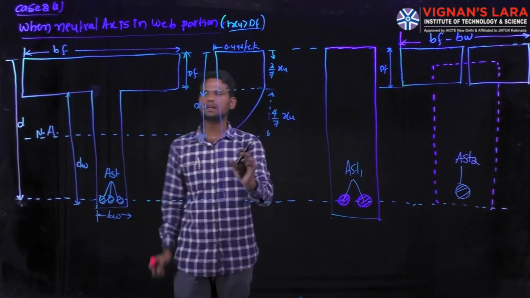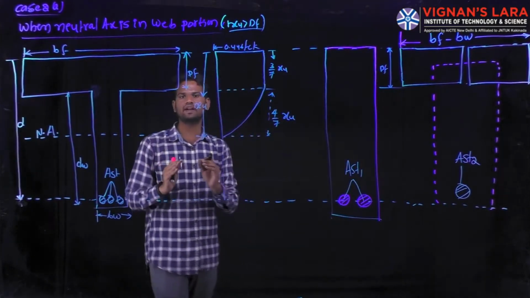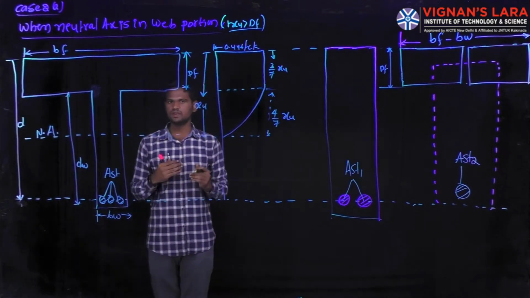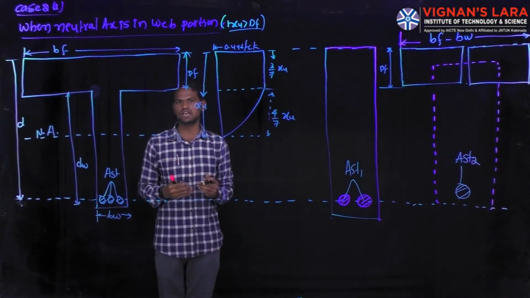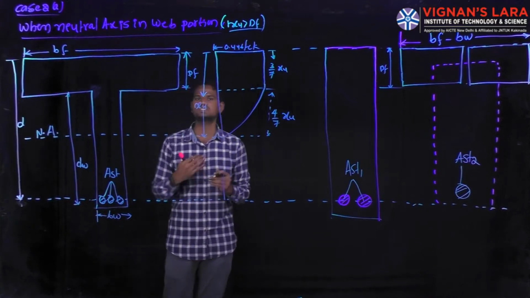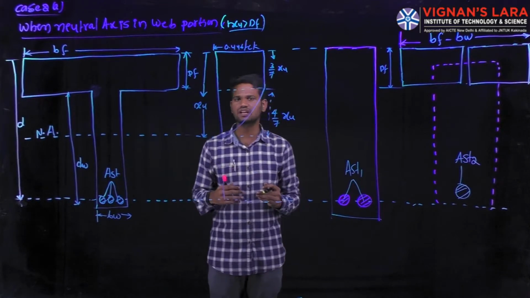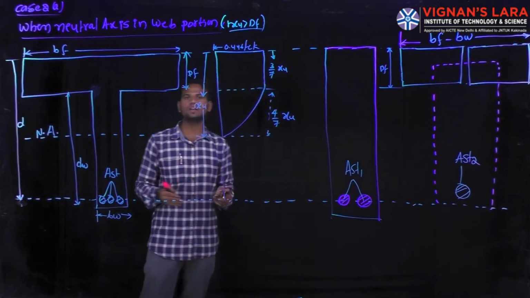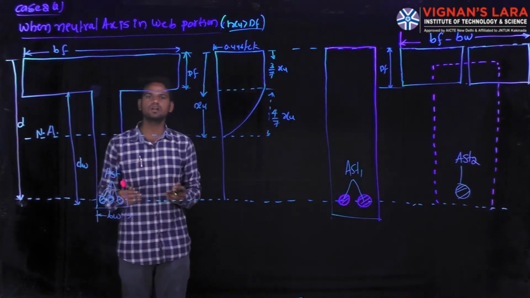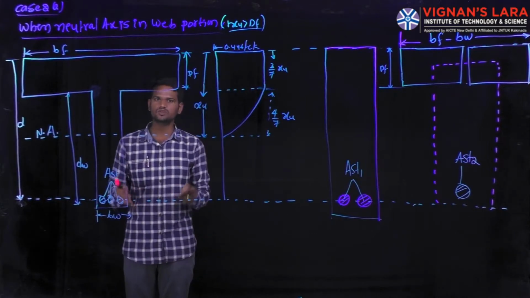If you see this T beam, first we divide it into two parts. That means when the moment of resistance of the section is not capable of resisting the external load, in that situation we provide some extra reinforcement bars. That additional extra reinforcement is also what we provide for the doubly reinforced beam design.